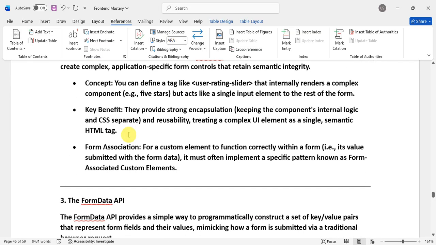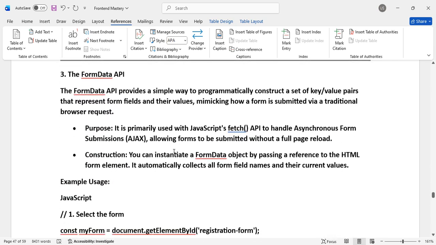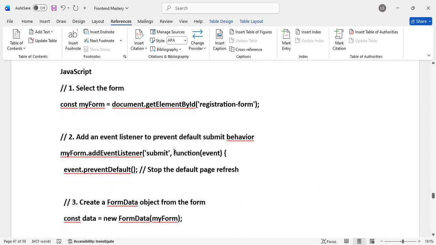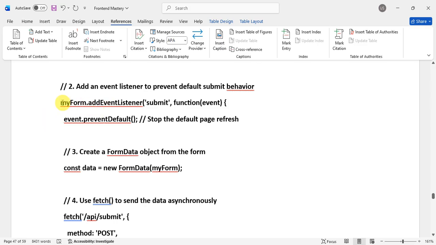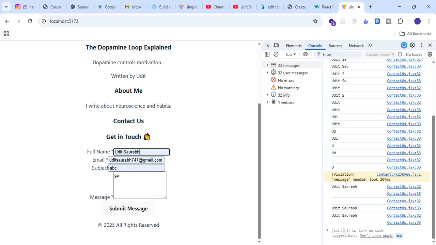Custom element web components. So this is for the sliders, 5-star slider key benefits. And along with it, it provides the form data also. The HTML5 form, which means that so if this is the form actually. So what I mean to say is that the form data which you have collected here, you have to send this data to